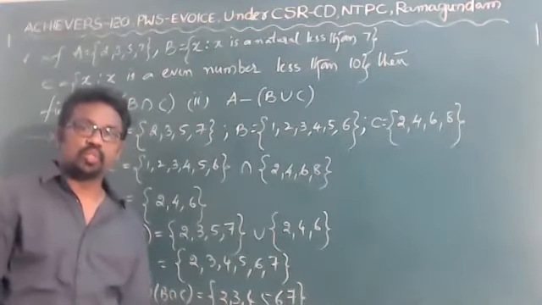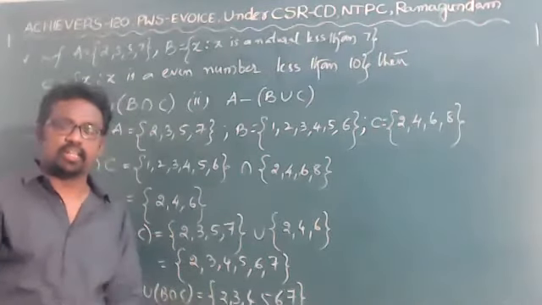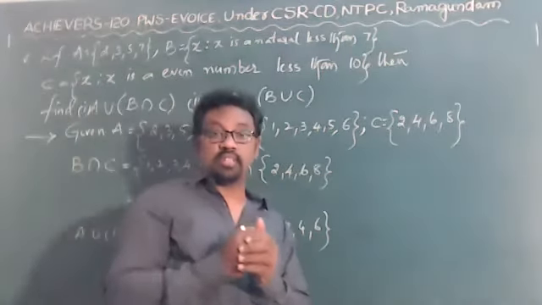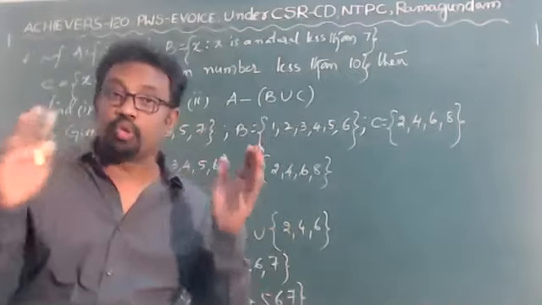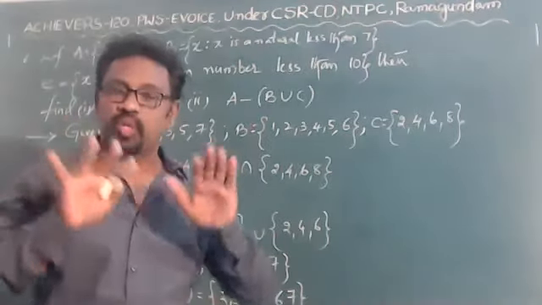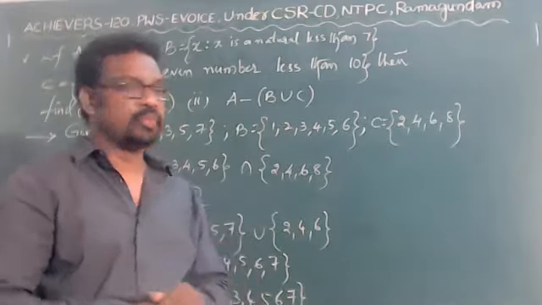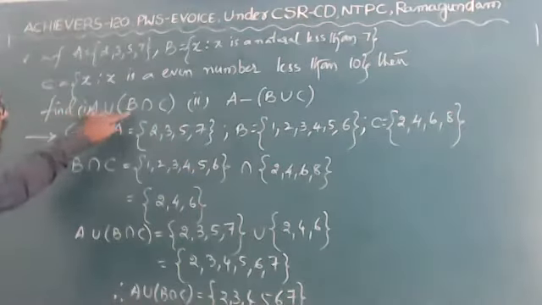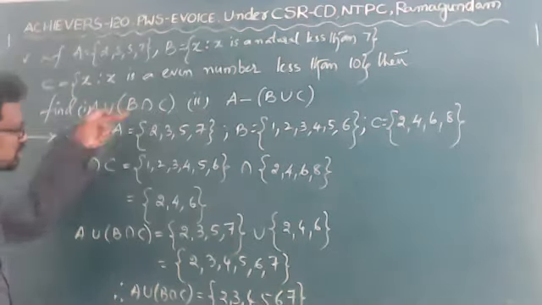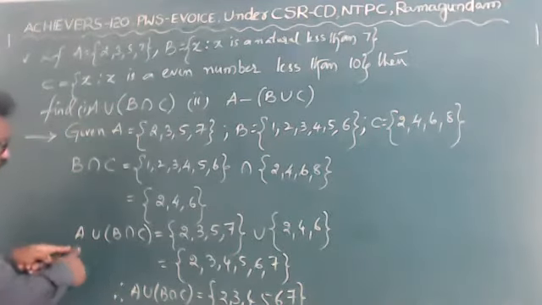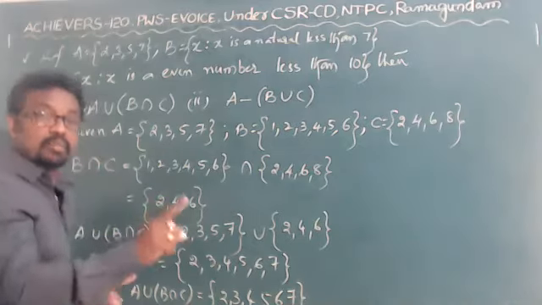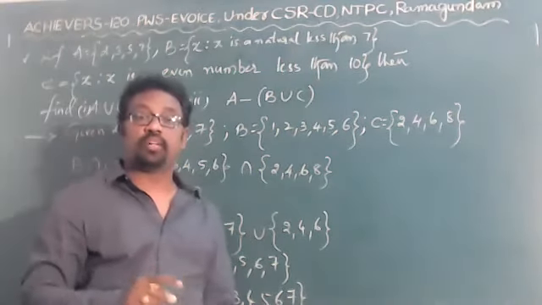Okay, children, I think you understand very clearly. Once again, intersection means the common elements which you have in both the sets. Union means all the elements you have, written in one set. The question is A union B intersection C. First of all, you have to complete B intersection C. Directly you should not write A set, B set and C set. It is a blunder, most people do that.